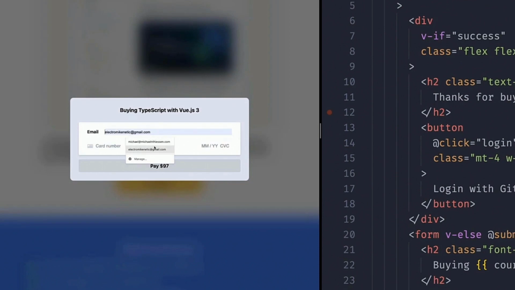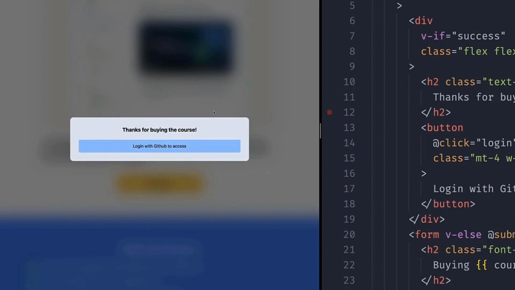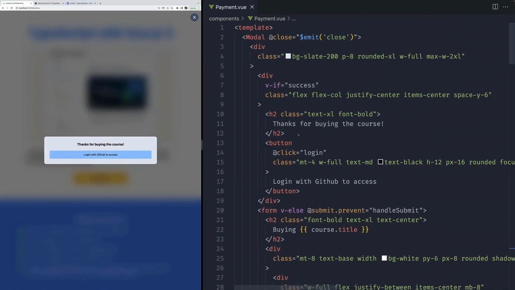So if I do a quick test here and I'll pop in this credit card, we can see that our purchase goes through successfully and we're presented with this button here. Now we know how to redirect to the login page and get them to log in, but what we want to do is not just have them log in, but once they've logged in, we need to redirect to yet a different page, and then that final page will grab their email address and then link it with the course